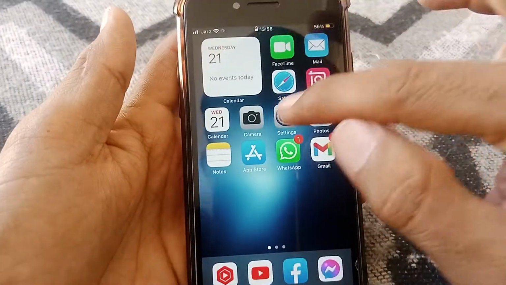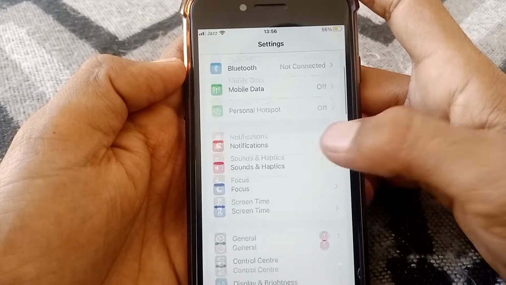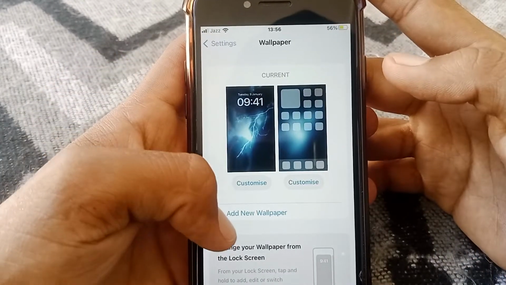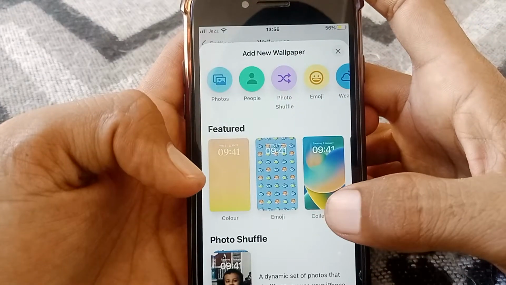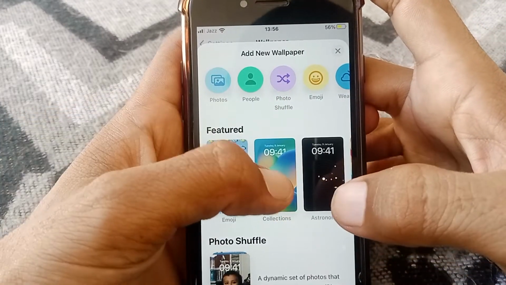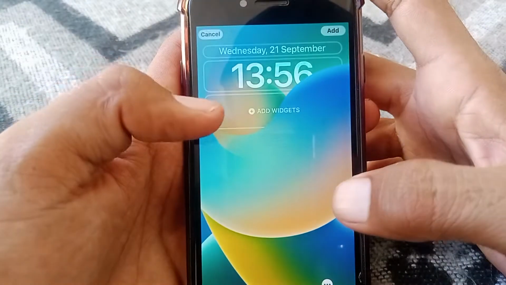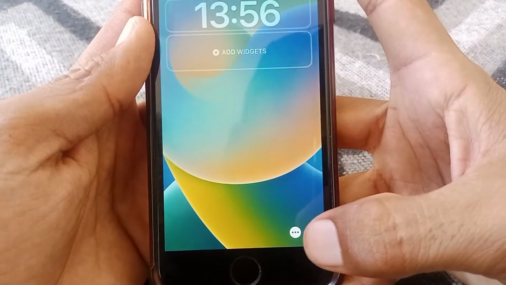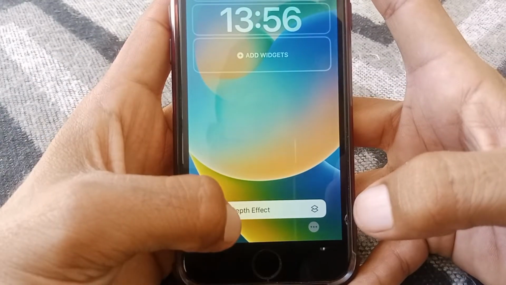open settings, and then you have to scroll down from here, tap on wallpaper, and from here you have to tap on add new wallpaper. Now I'm going to show you how you can enable it. Just simply tap on this. Now as you can see guys, you have to tap on three dots here and just simply check on